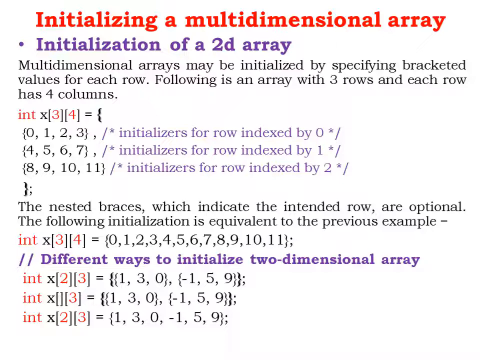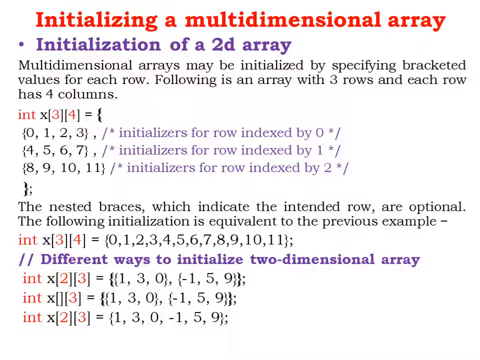So the row indexed by 0 contains the values 0, 1, 2 and 3. I complete the curly brackets, comma. The second row is indexed by 1, which contains the values 4, 5, 6 and 7,